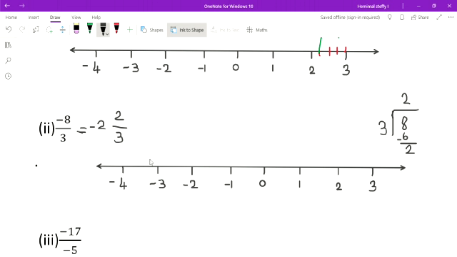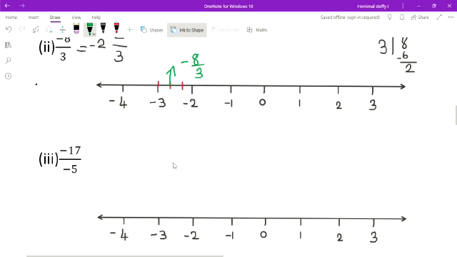In that side, the rational number lies between minus 2 and minus 3. So how many parts in total do we have? 3. So I will separate 3 parts. 1, 2 and 3. Okay, then which place? 2. Take 2. Second place, 1 and 2. This is the value of this rational number, minus 8 by 3. Is it clear?